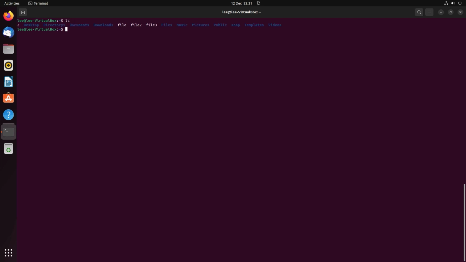So what we'll do is we'll remove a file, check it's gone, and as you can see, it's gone. If we want to copy a file, we use the cp command. So let's view the